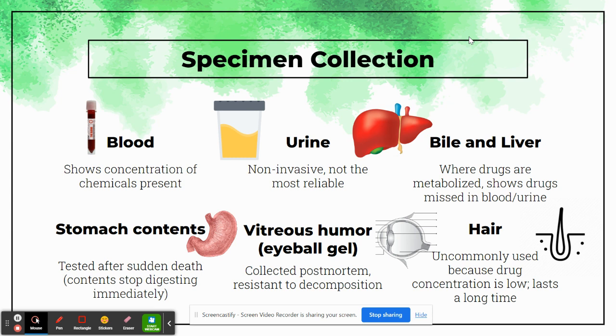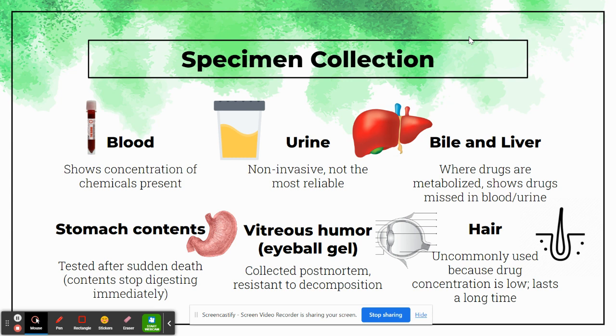When we look at a blood test that isn't necessarily showing us chemicals, we might have a deceased person and we're trying to determine how they died. We might actually look at some of their other organs. So the liver is a great place to look in biopsy, mainly because drugs are metabolized in the liver. So that's where they break down. That's where they spend the end of their cycle as a substance inside the body before it gets broken down.